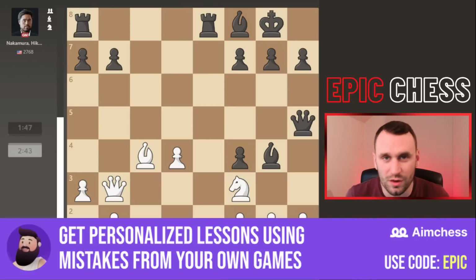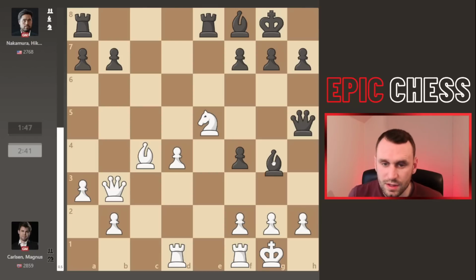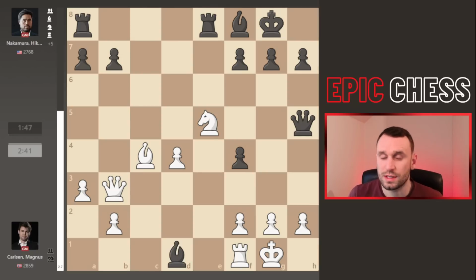So give it a go, nothing to lose. Back to this one here. Magnus now plays knight to e5. So he leaves this rook hanging if Hikaru wants to take it, but he doesn't do so because now Magnus